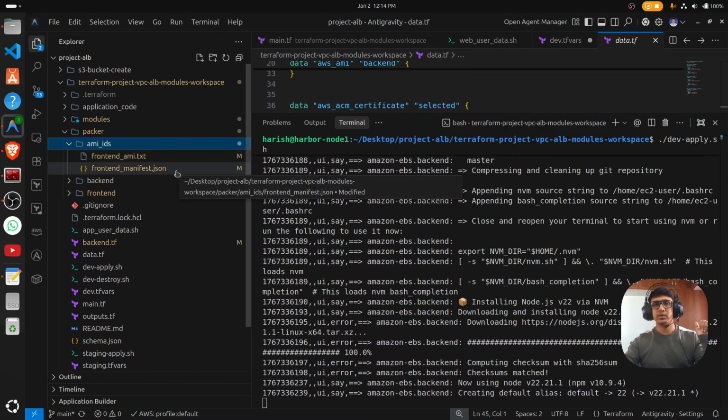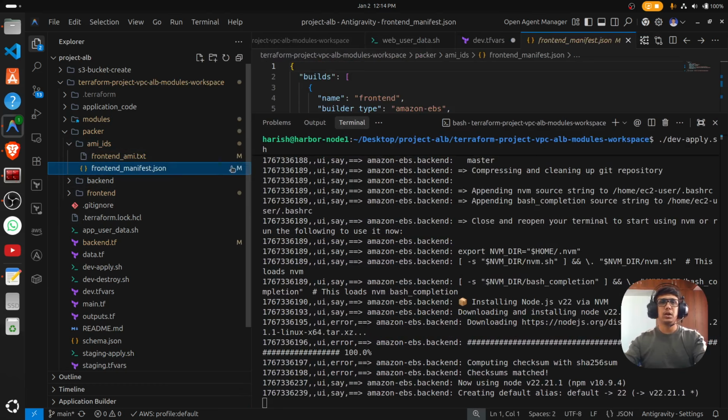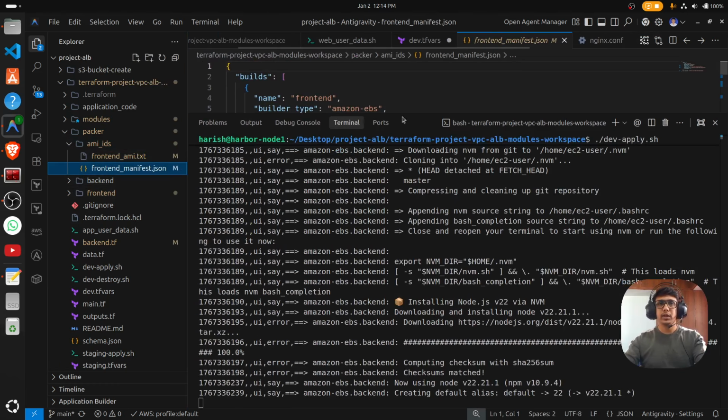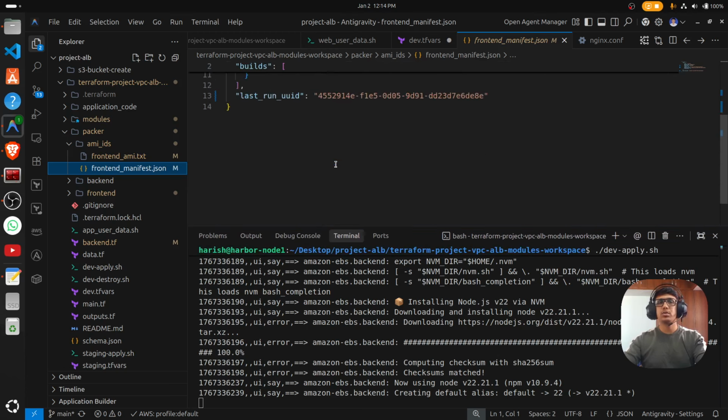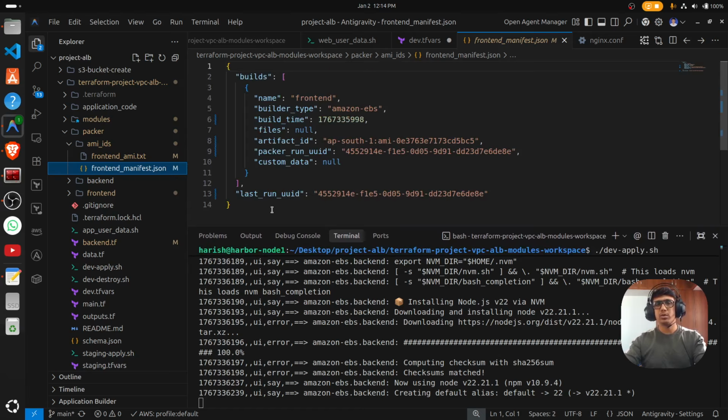Earlier I deleted it, you just remember that one. And now again the manifest file is created. This manifest file, a JSON file, is going to hold your information related to the artifact ID of your image,